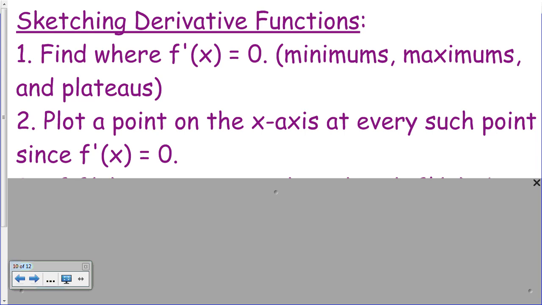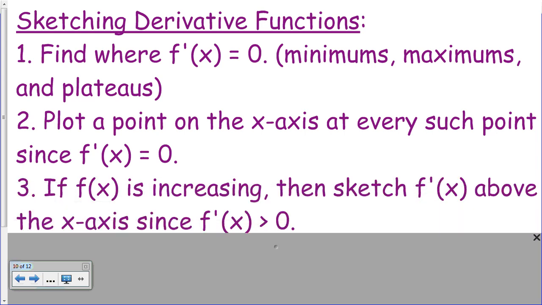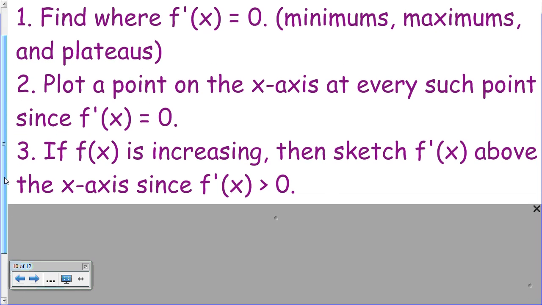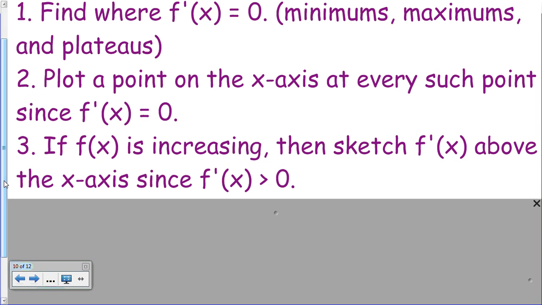Now, once we have those plotted, we need to just know what's happening in between these points. So we just need to remember our relationship between the rate of change of a function, the derivative, and the direction, whether it's increasing or decreasing. So here was the property we talked about way back in chapter 1, actually. We said that if f of x is increasing, then that meant that the derivative had to be positive. So if that's the case, if f of x is increasing, then we're going to sketch f prime above the